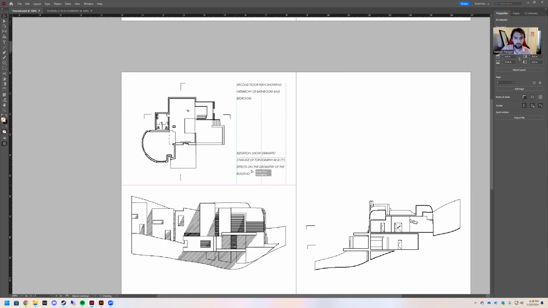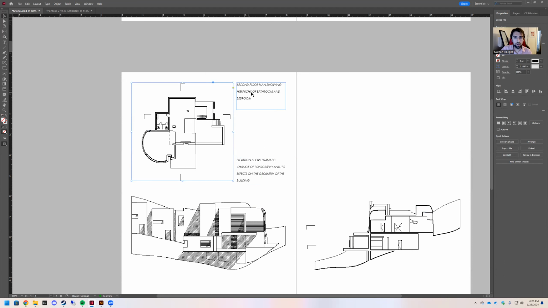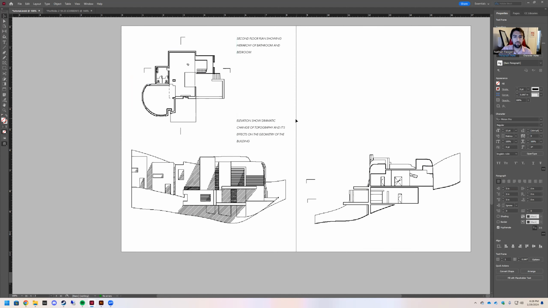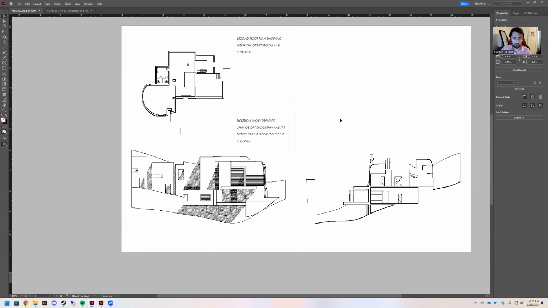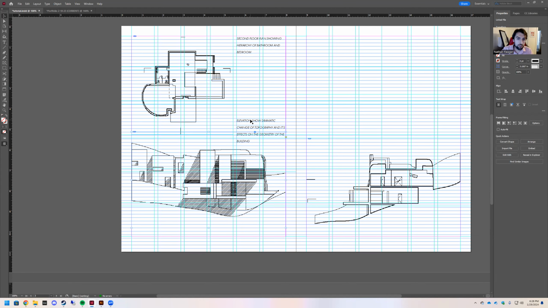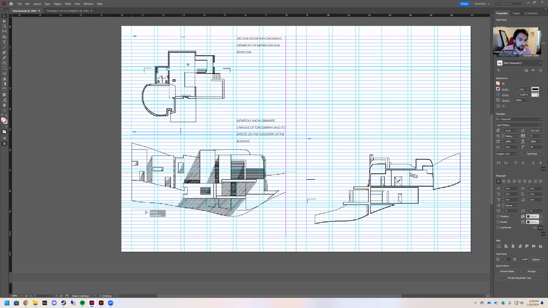So really, if you are calling out certain things, there's kind of an implied understanding of, oh, we're talking about the second floor plan, it's going to the second floor plan. But staying out of your margins, you can start to move stuff around to make sure it all fits really nice. Like if I bump this up just a little bit, you can almost start to fit this